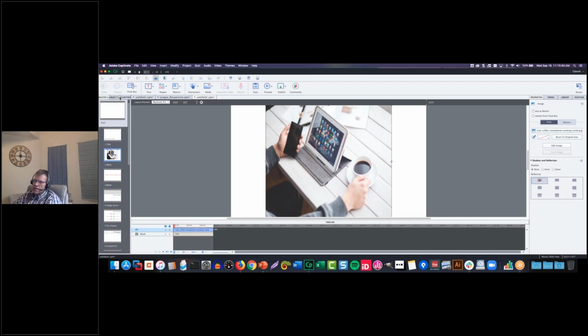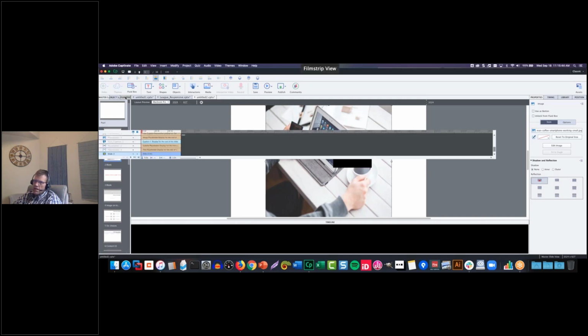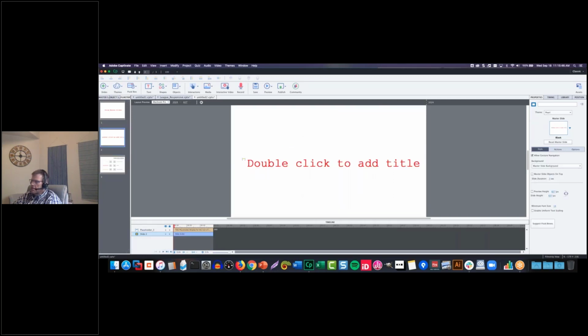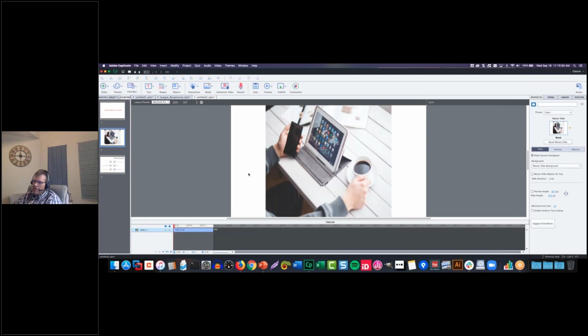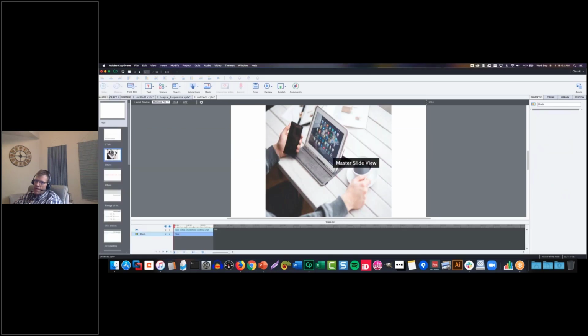But then as I come in here into my film strip mode now, and if I go to this one and I say instead of that one I want to use this one, now I've got this background on a number of slides. And the nice thing is then if I change it, I can go back to the master slide and change it. And what I can do is I could create, maybe I say, I like this one for 5 slides, but then I'm going to have 4 different sections, and I want each section to have a different background picture. So I could call this one,